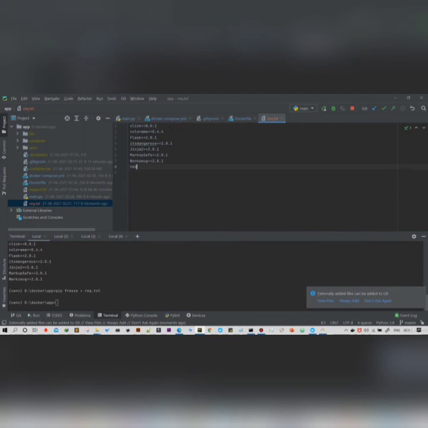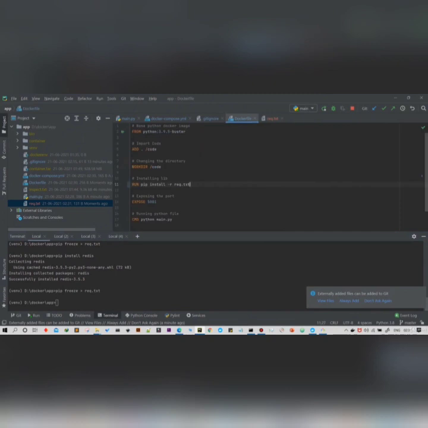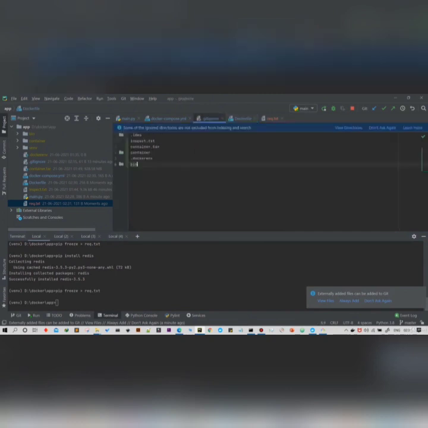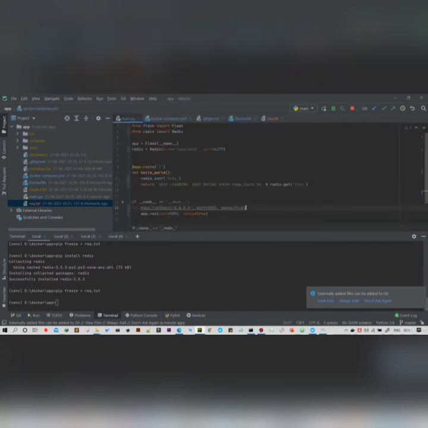Now here you can find that Redis is not there, so either you can add Redis simply here, or you can use the command pip install redis, and again use the pip freeze command so that Redis is added into our requirements.txt file with the version detail.